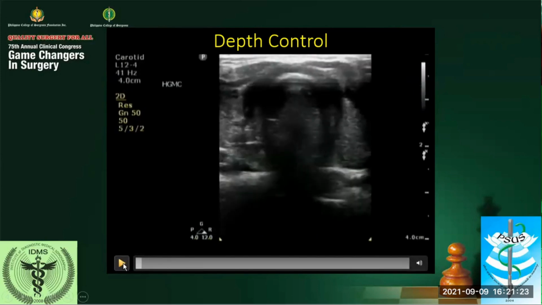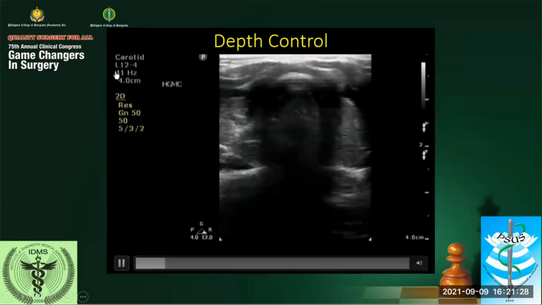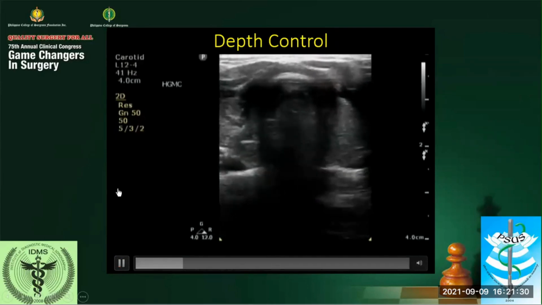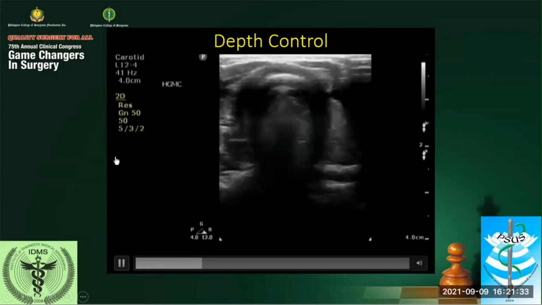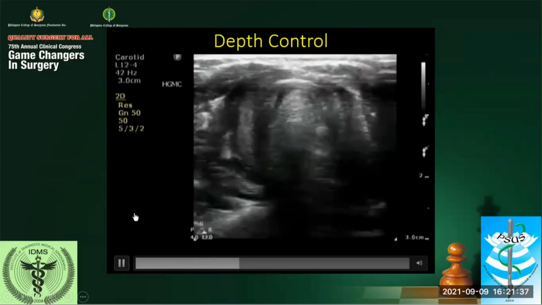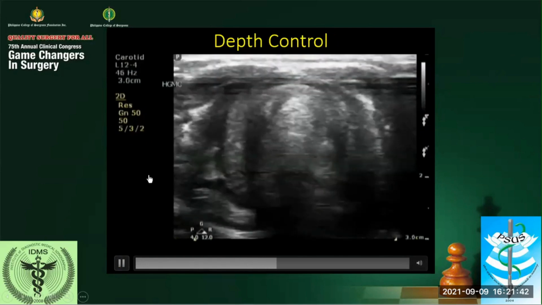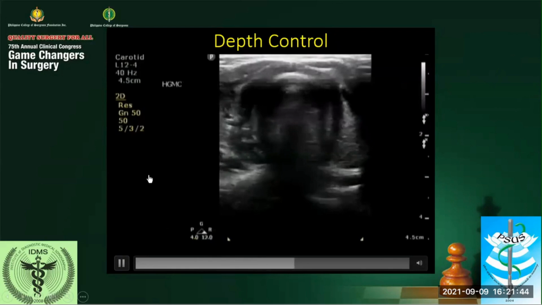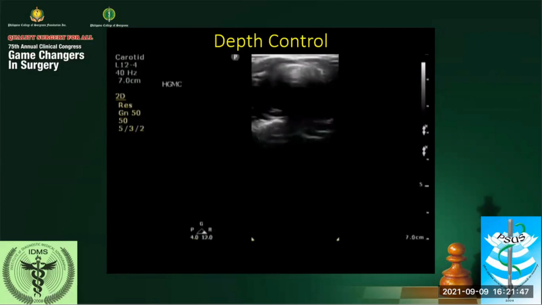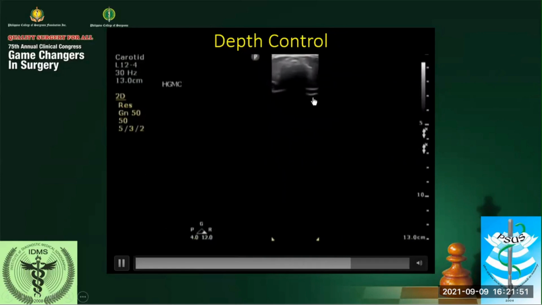You have a 12 megahertz transducer with a maximum of 16 centimeters penetration. Most machines will automatically limit the depth of penetration depending on the transducer design. This image is just for demonstration purposes. It has no clinical value.